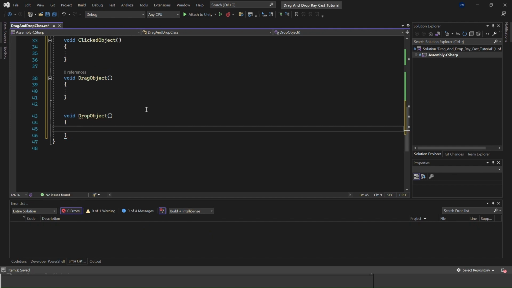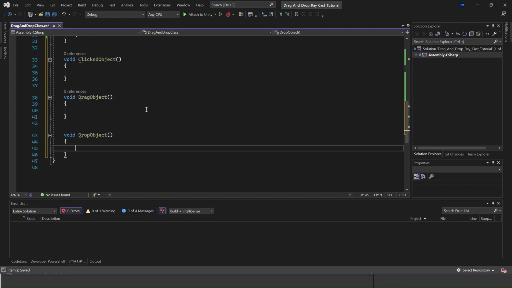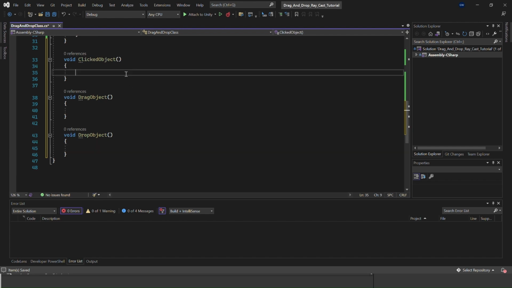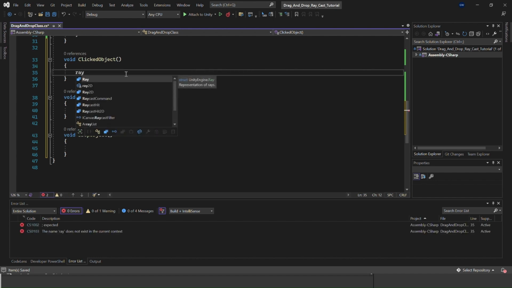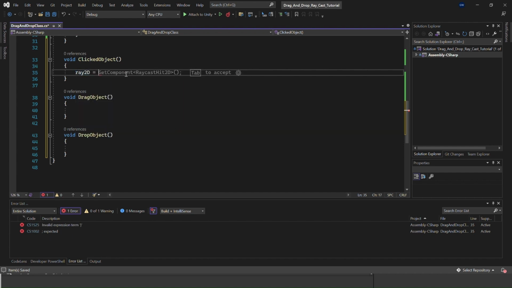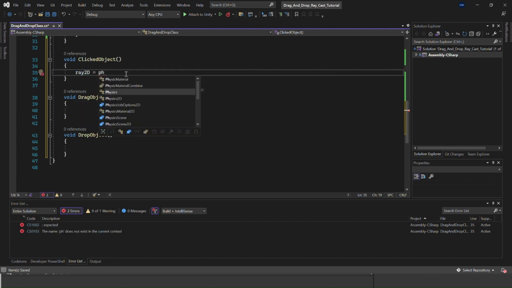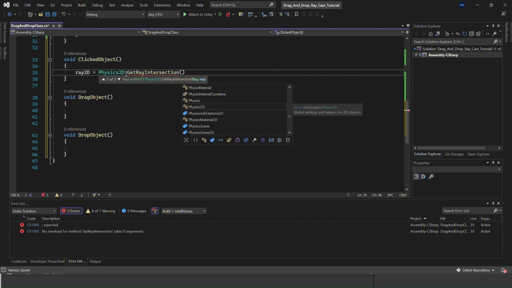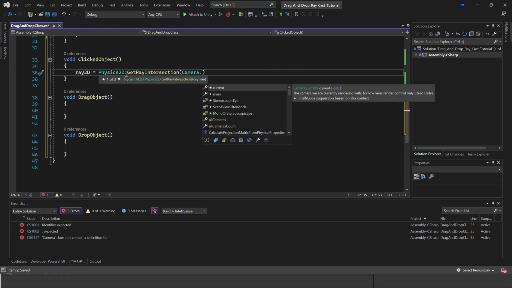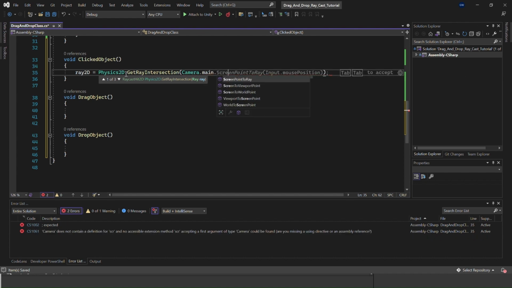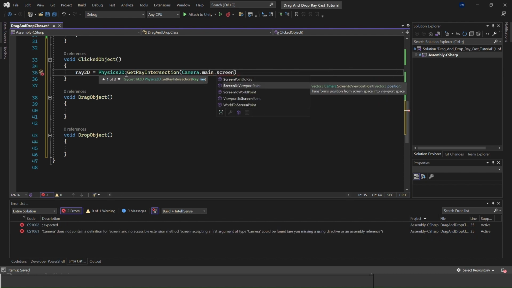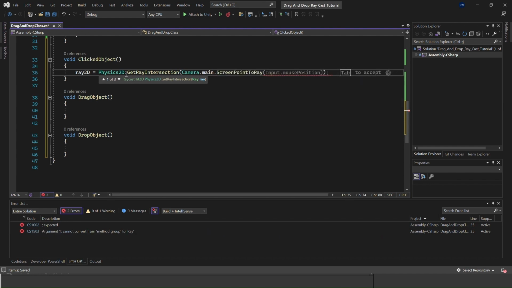In the clicked object function, first we define the raycast 2D object to get the raycast position. Ray2D equals Physics2D.GetRayIntersection, open parentheses, Camera.main.ScreenPointToRay, open parentheses, Input.mousePosition, close parentheses,